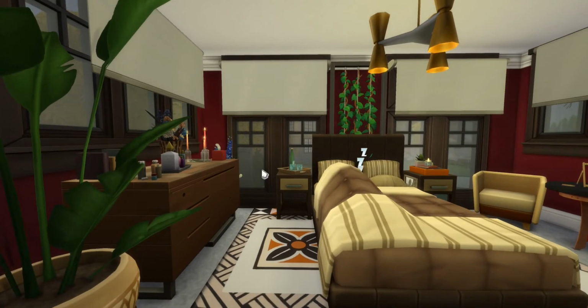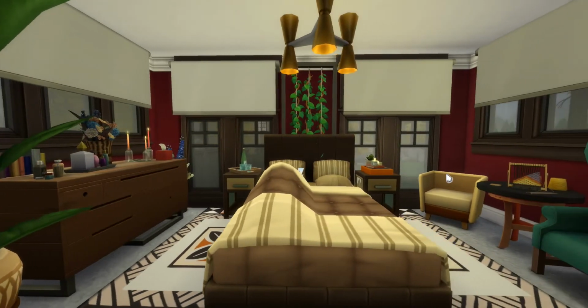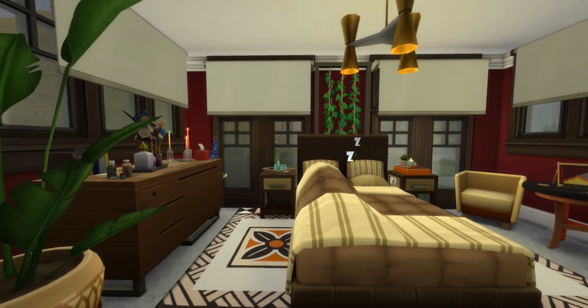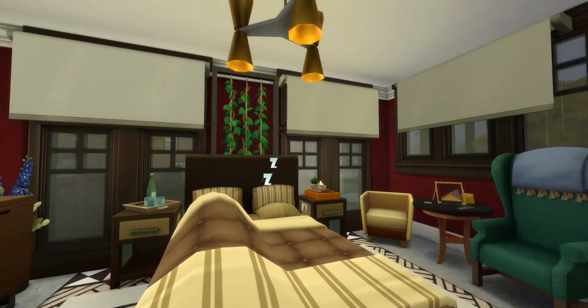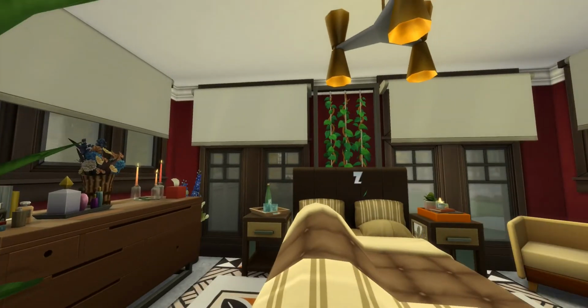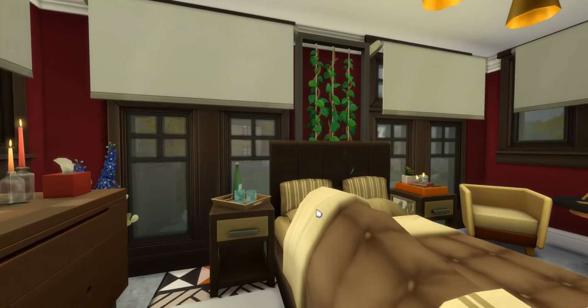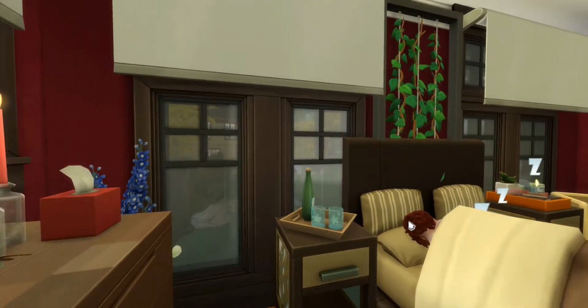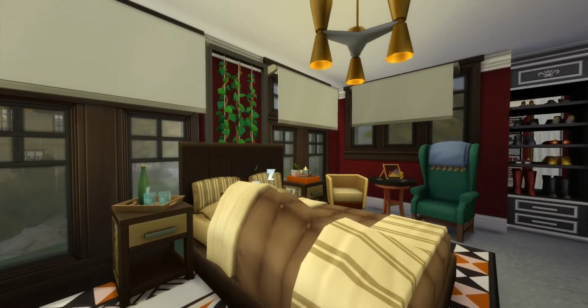I like the colors. I like the layout of it. It looks cozy, but it doesn't look overly personalized. So yeah, I'm quite happy with how it looks, honestly. There's a shoe rack and another shoe rack. We can just pretend that they are not just shoe racks. So there's someone sleeping. Barbara is sleeping, so we will leave her alone